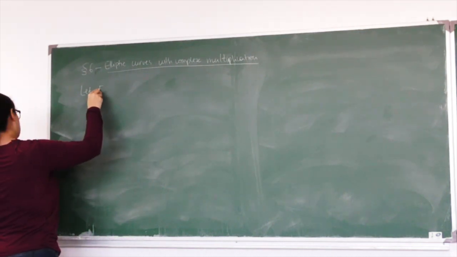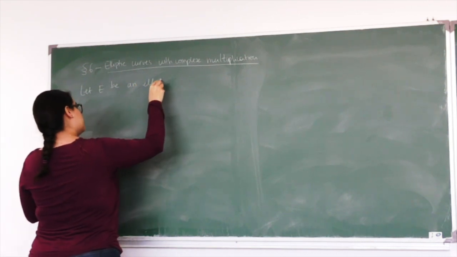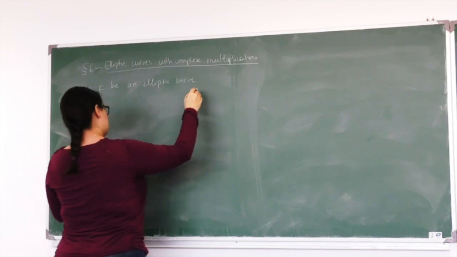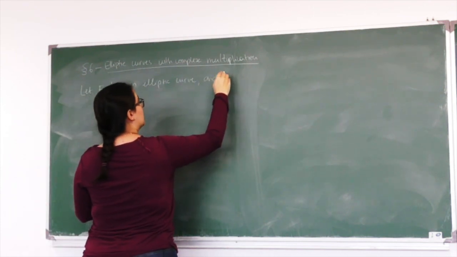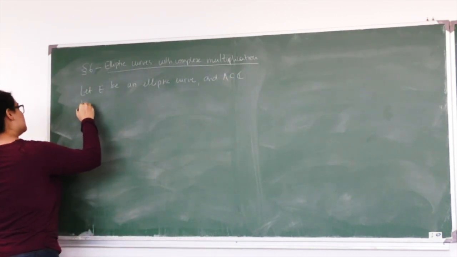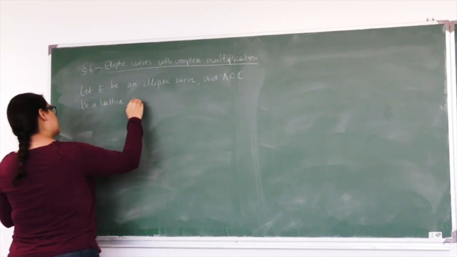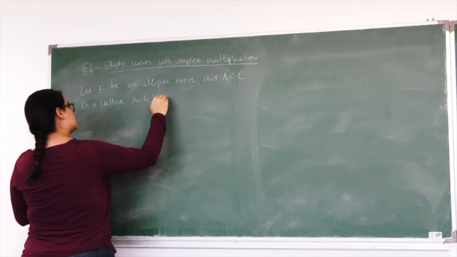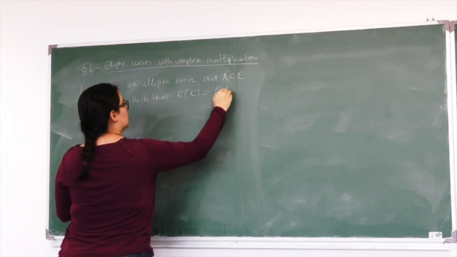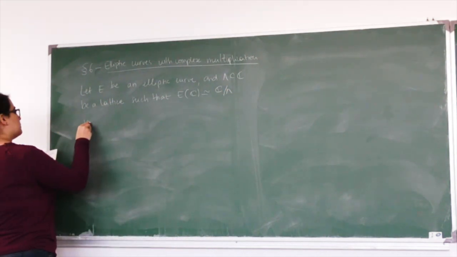Let E be an elliptic curve, and let Lambda in C be a lattice such that the set of complex points of the elliptic curve is isomorphic to the torus given by this lattice. We will write